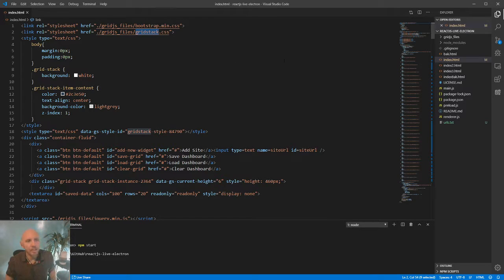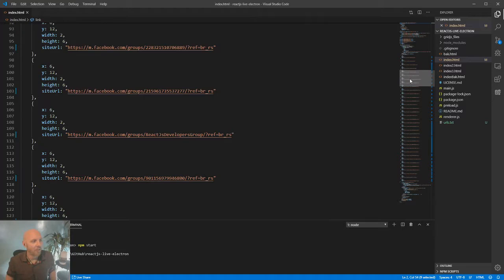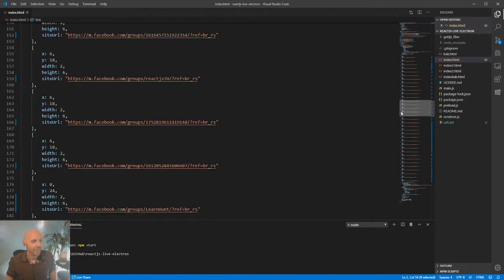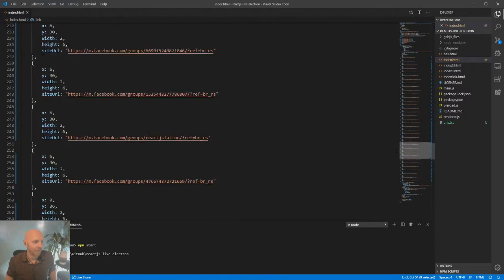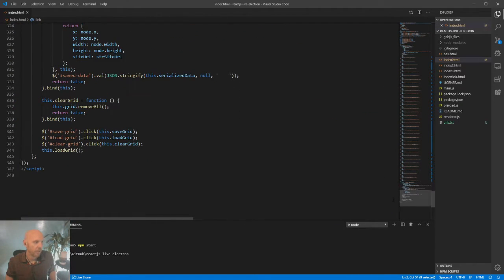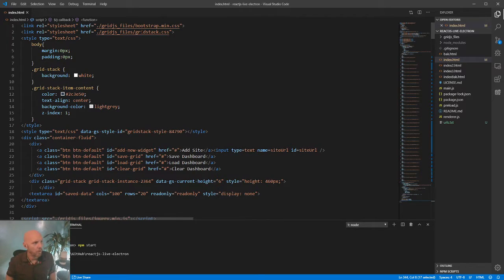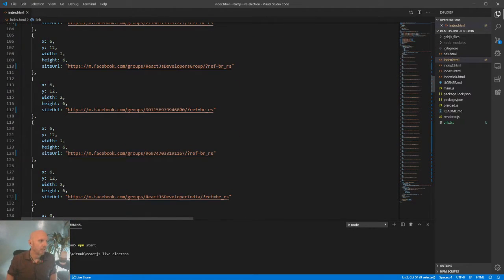So this is really easy to work with. And look, you can see all of the URLs that are being pulled in dynamically into a web view, individual web views, which are basically browsers. And they basically get created. Let me see, this.load grid. So again, I use this jQuery framework called grid stack. And as long as you feed in something like this, you're gonna get an item on the grid,